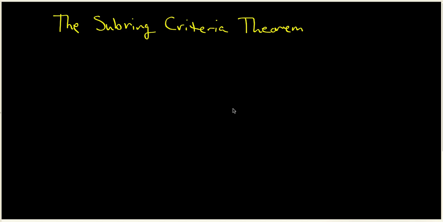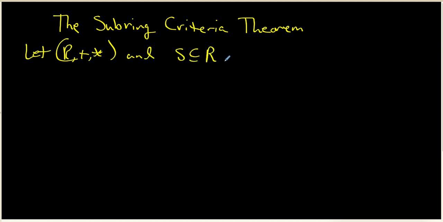In this video, we're going to look at the subring criteria theorem. This is a useful theorem for figuring out when a subset actually is a subring. And the statement of this theorem goes as follows. We're going to need to let R be a ring, and we're going to let S be a subset of R. And the theorem says that